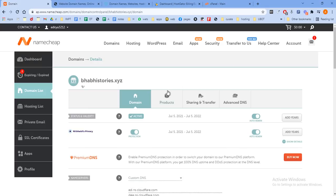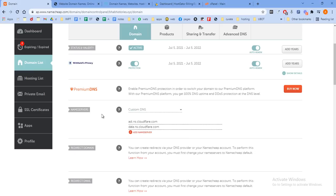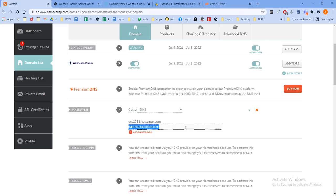Sorry friends, it's cold. Click on the domain, scroll down, and you will see a section named name server. This is the area where you need to change the name server of your host. We have already copied the first name server, and now we need to copy the second name server, ns2. Make sure you always give two name servers, and once you are done just click this checkbox